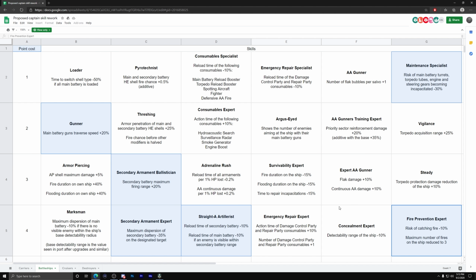There are so many good skills that you have to decide what is more important to you. Extra penetration on your secondaries, or extra concealment and reduction, or whatever. Either way, secondary build, way more impactful, way more interesting, and there's a lot more decisions to be made as